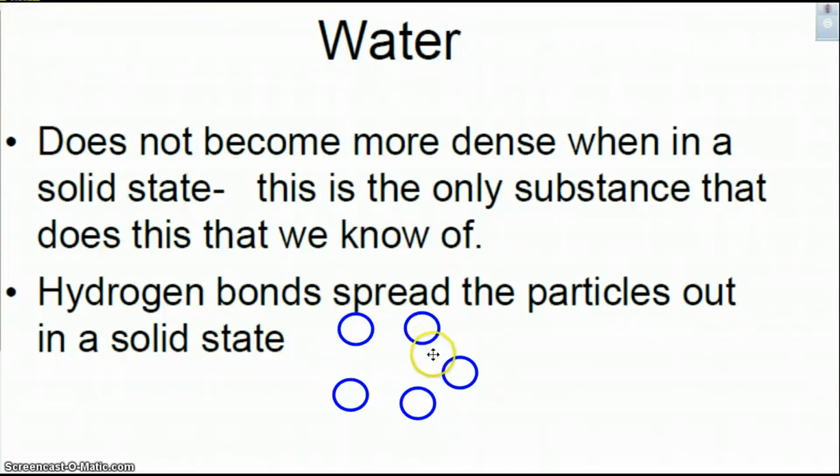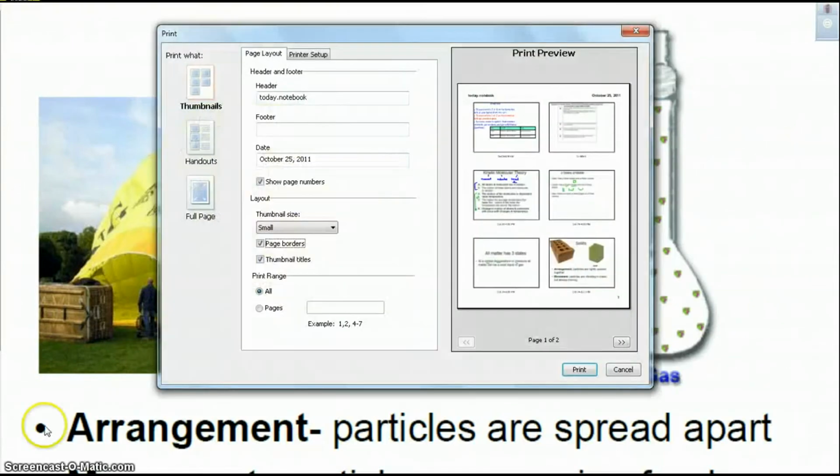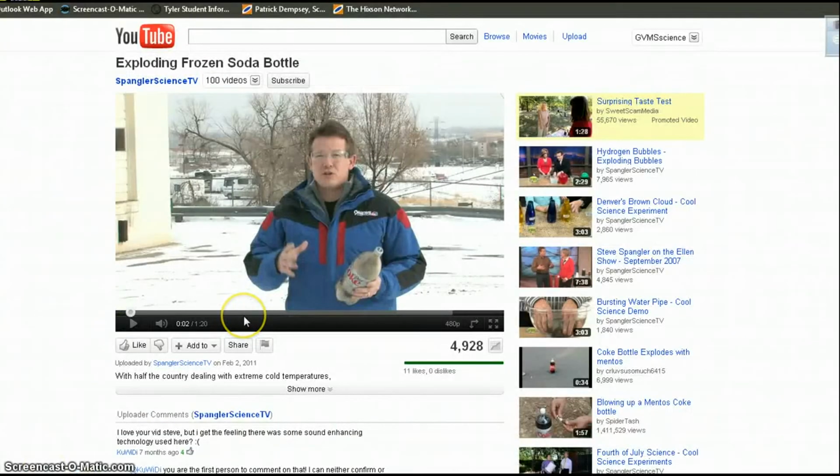There's a lot of things that happen because water's particles are spread out when they're in their solid state. If it wasn't like this, then lakes would freeze from the bottom up instead of the top down. We wouldn't have fish that would survive very long. So it's a pretty crazy design, how water works. All right, we're going to check out a quick video